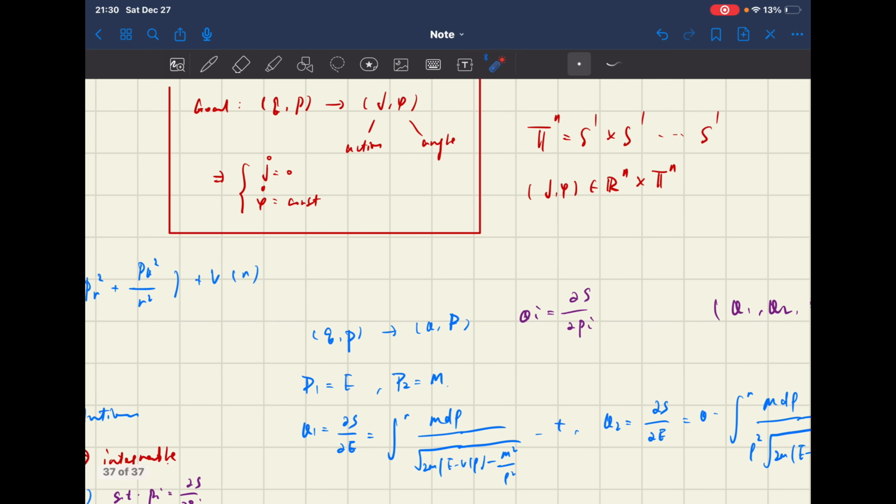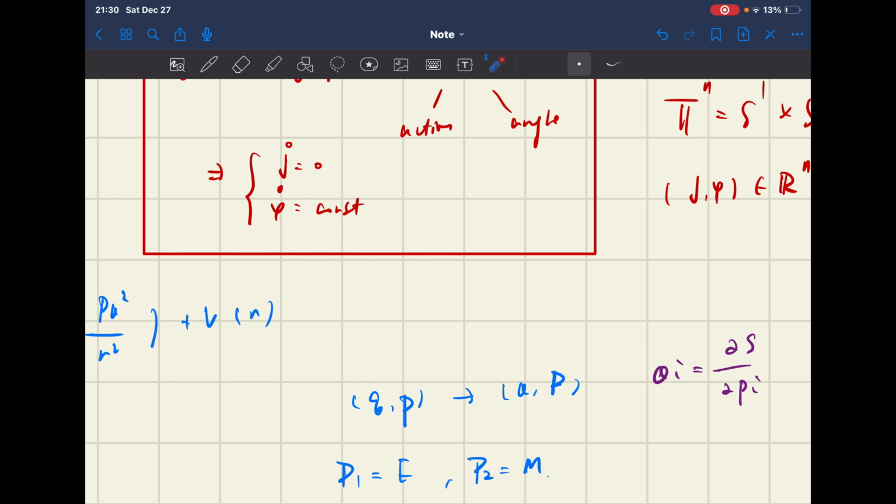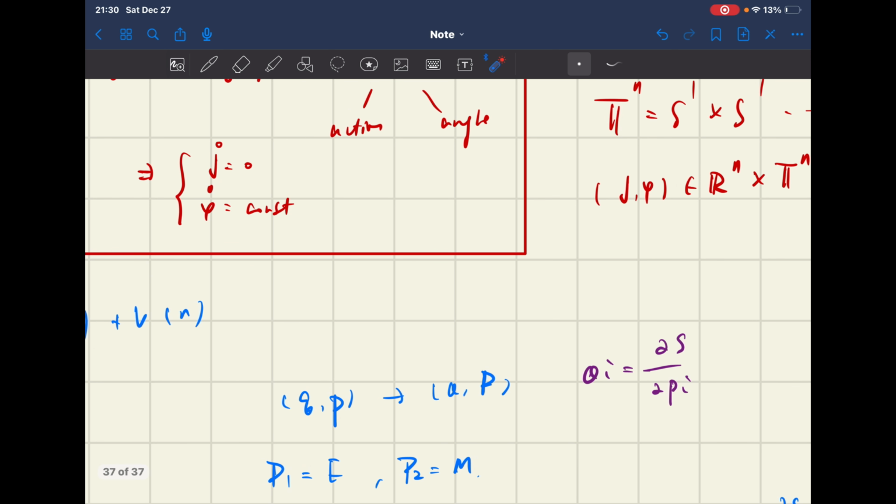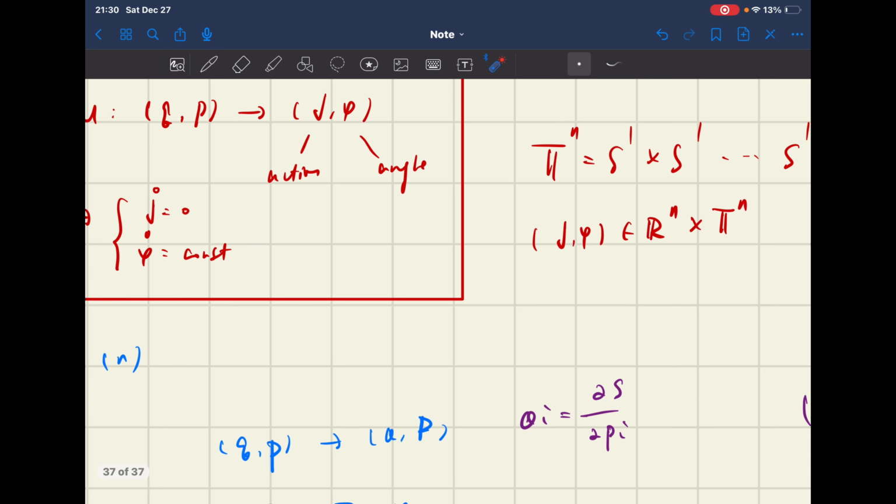So the ultimate goal in this case is to transform q, p into a set of coordinates called J and phi, which are separately called action and angle, such that the derivative of J is equal to 0 and the derivative of phi is equal to a constant. So why would that be helpful? Because then you would not only make the system easy to solve, you would also